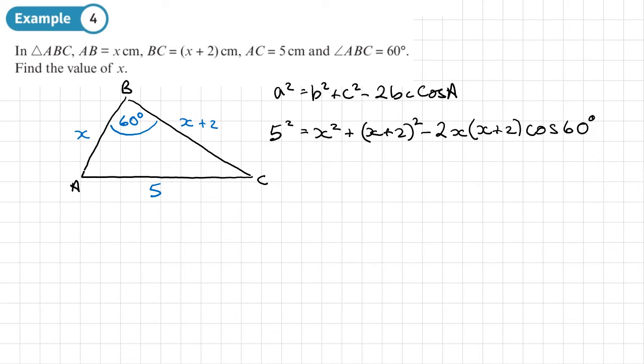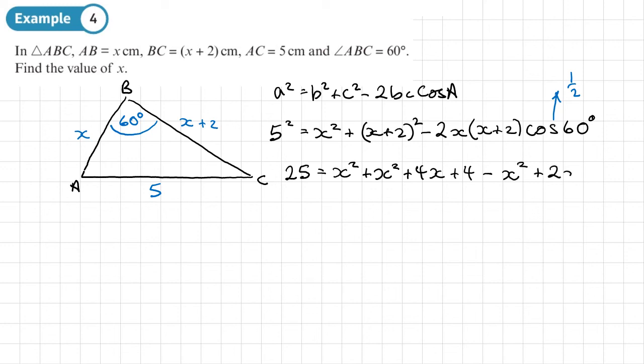Okay, so let's try and simplify this. So 5 squared is 25. We've got x squared. Then we need to expand these brackets here. That will give us x squared plus 2x plus 2x plus 4. Then we need to work this out now. Cos 60, if you work it out on your calculator, is actually a half. So if you've got a half here and you've got a 2 here, you could effectively say they cancel each other out. And basically all we've got then is x times x plus 2. So if we work that out, that's going to be minus x squared, almost got caught out there, minus x squared